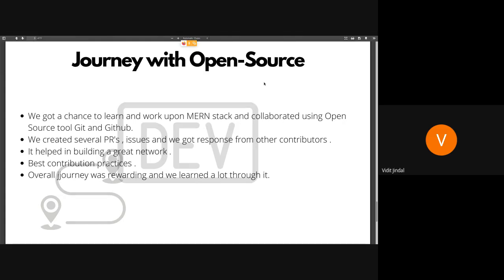We created several PRs and issues, and thankfully it went very smooth. Also, from the last few days, we are getting contributions from other members who are not a part of this community as well. So it's a great motivation to all of us. And yes, we enjoyed working together, and we would like to thank this community for providing us an opportunity to work together. Also, there were a lot of contributions. So we will be glad to answer any doubts you have. And that was all from our side. Thank you so much.